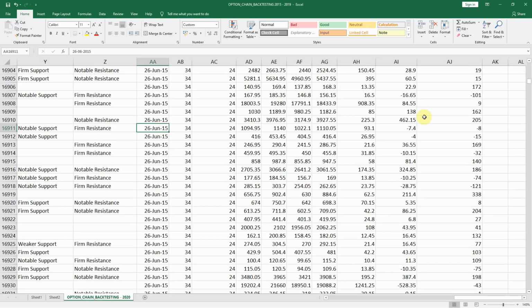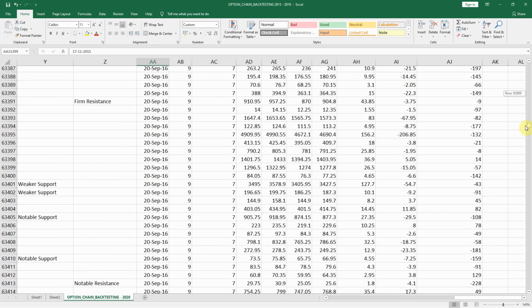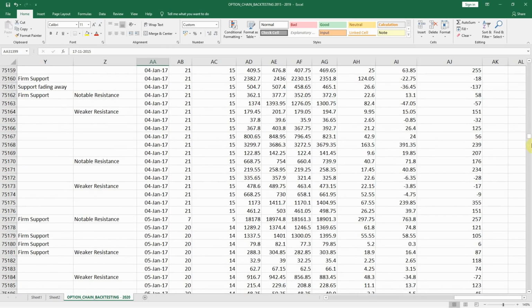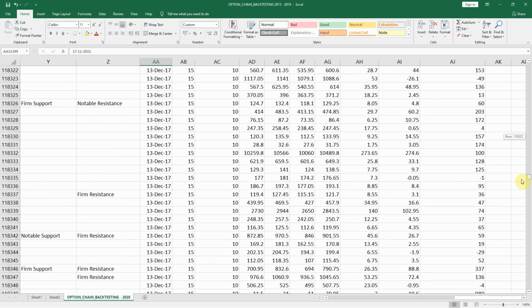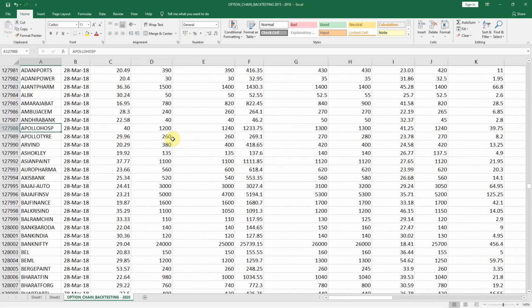This was June 2015. When I scroll down, you can see it's November 2015. And you can see it's 2016, and it is 2017. If I scroll down, you can see the 2018 record. Even if I just randomly take it,